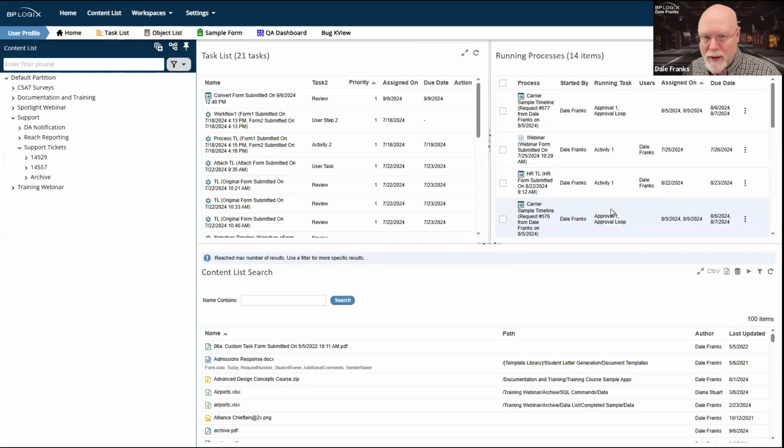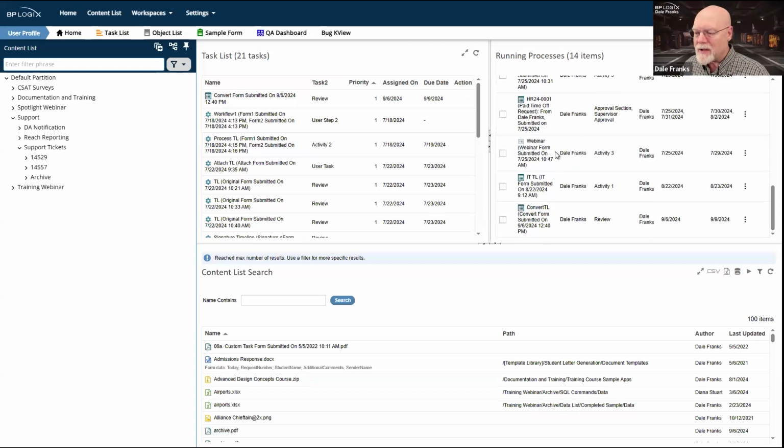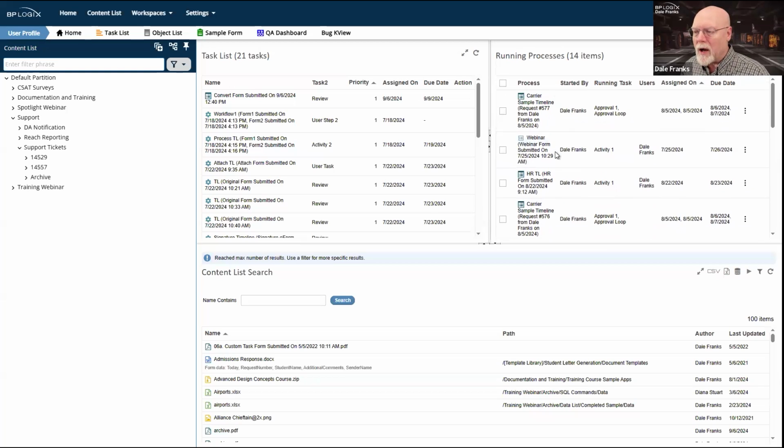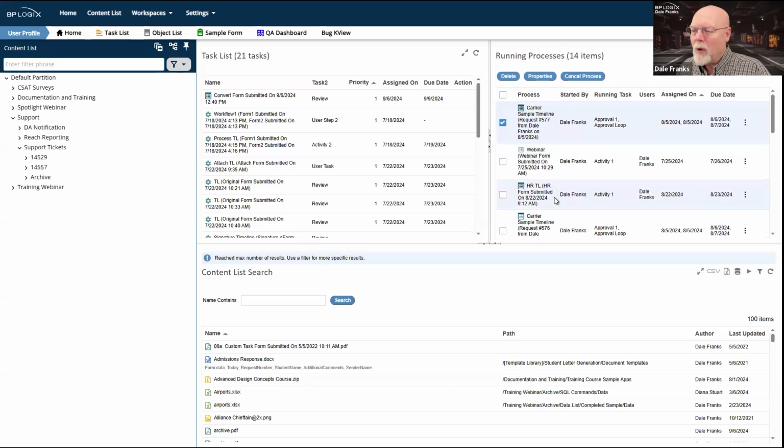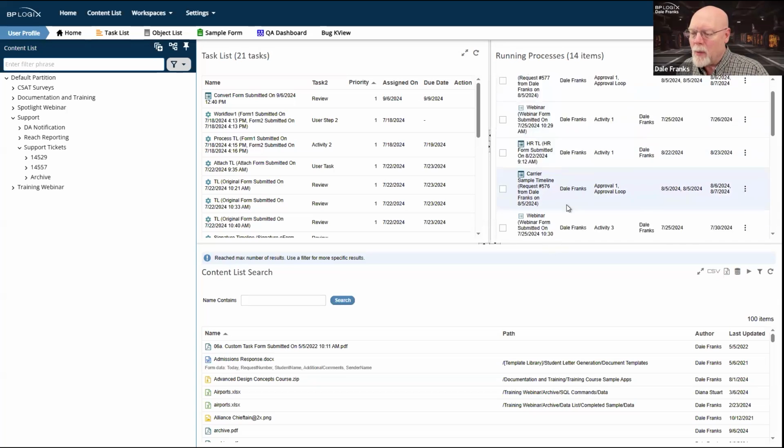Even if I wasn't a system administrator, I might want to have the same level of access so that I could look at everything that's running on the server. I can open them up, take a look at them, see what's going on with them. I can cancel them from right here. So if I wanted to cancel that process, I certainly could. I'm not going to, but I certainly could if I wanted to.